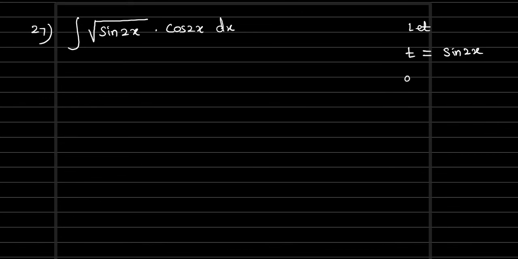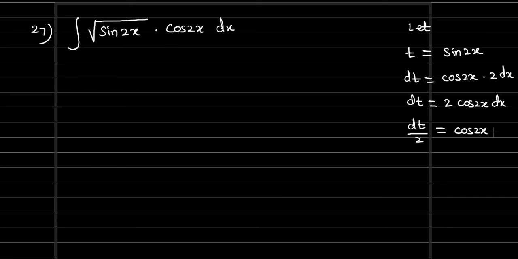Now we are going to differentiate this. Sin x differentiation is what? Cos x. So sin 2x differentiation is cos 2x. And now 2x, chain rule, so 2x also we have to differentiate. So 2x differentiation is 2 dx. So the result is dt equal to 2 cos 2x dx. We have cos 2x dx, but the product 2 we don't have here or here. So the 2 is not getting multiplied with the given function. So this 2 I am going to send to the other side. So dt by 2 equal to cos 2x dx.